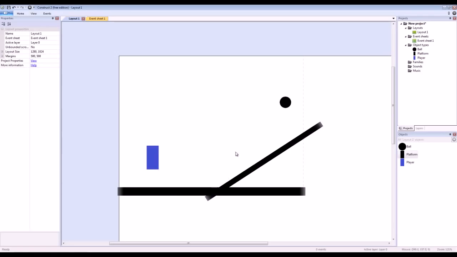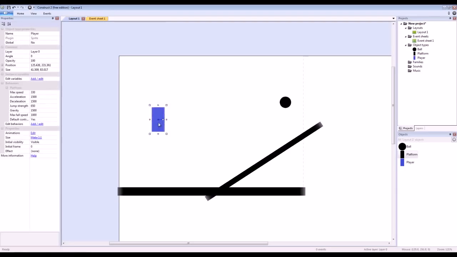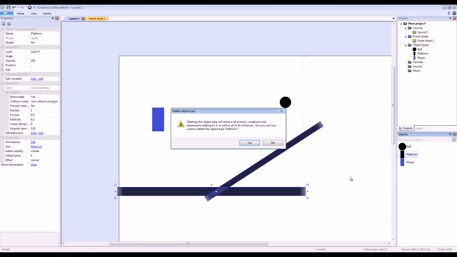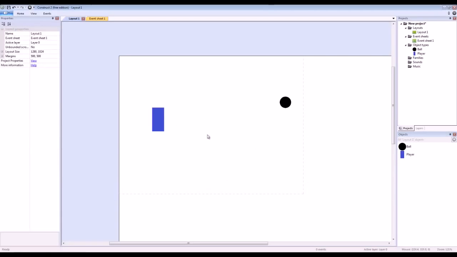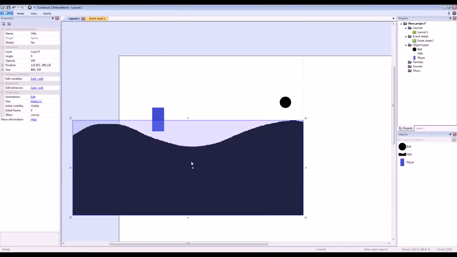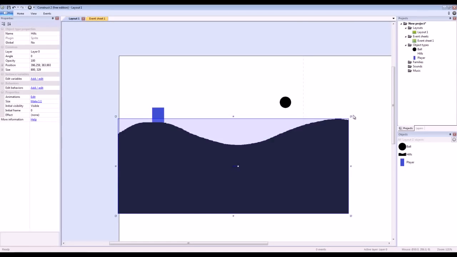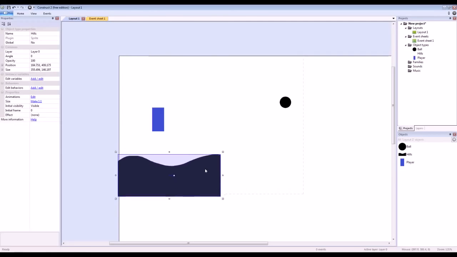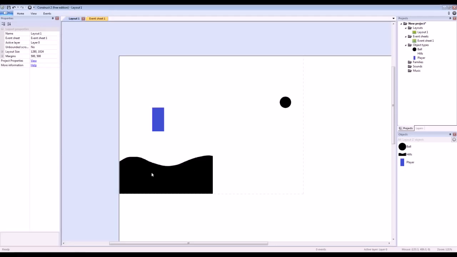So now that I've showed you how easy it is to get physics in the game, what I'm going to do is go to this platform object and delete the entire object from our project here, and I'll go back to my assets folder and get this hill graphic that I drew, drag it into the scene. Now I drew this real quickly with my tablet, so I'll drag the hills in place down near the bottom, and I want this to be more or less like a combined image here,